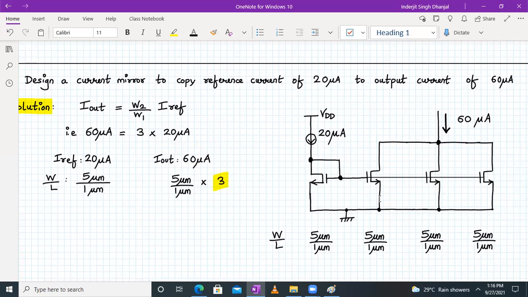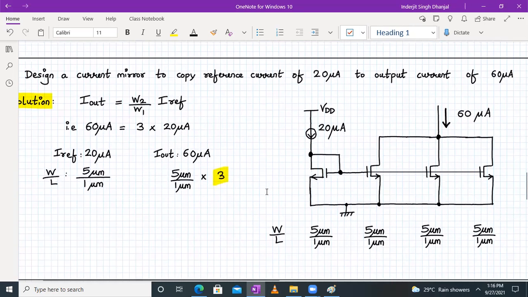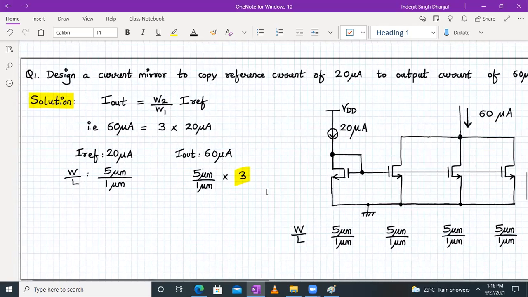Fine. So instead of adding one transistor with a width of, let's say, 15 micrometer, we create multiple copies of the unit transistor. And what is the unit transistor? Having the W and L as 5 micrometer divided by 1 micrometer. So you make multiple copies of it, 3 copies in fact, each transistor giving a current of 20 microamperes, and then add them together in parallel to give 60 microamperes of current. Fine with it? I hope you have followed this design of a current mirror using the unit cell approach.